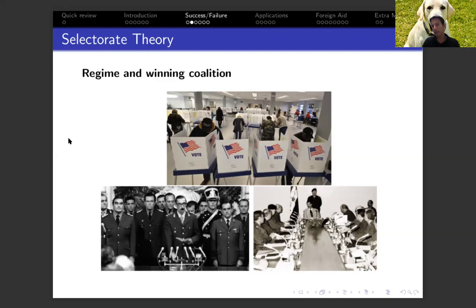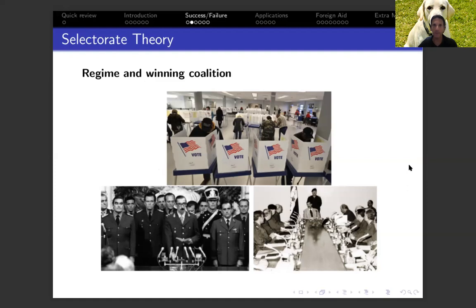And this is the people that the leader has to satisfy in order to ensure that she or he will remain in power. In democracies, on the other hand, you cannot satisfy all the people that support you with private goods. You need to provide them something which is a lot bigger, and it's a lot harder to ensure that you can survive in office. That's the idea behind the difference between a democracy and a non-democracy, winning coalition and survival in office based on selectorate theory.